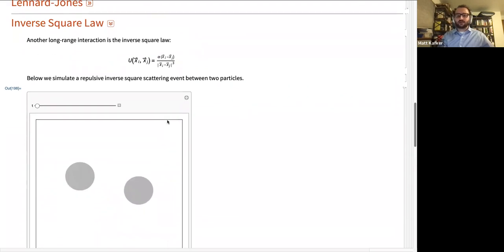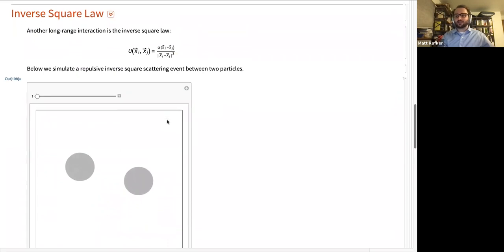Now, it's basically impossible to do these inverse square law type simulations with Forward Euler. The step size becomes really important, and you can find yourself in situations where if your step size is too large, you're stepping into a region where you have much higher energy, and then the particle is just going to zoom off to infinity and pick up all this kinetic energy that it didn't have, or do some other crazy things that you don't want it to do. But this is just proof of concept.